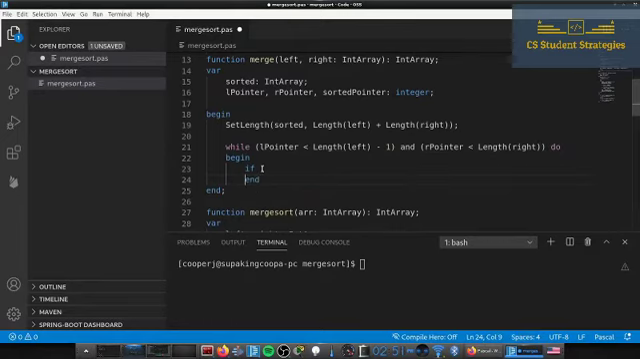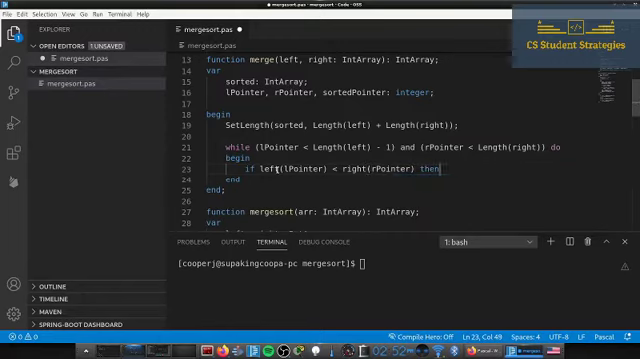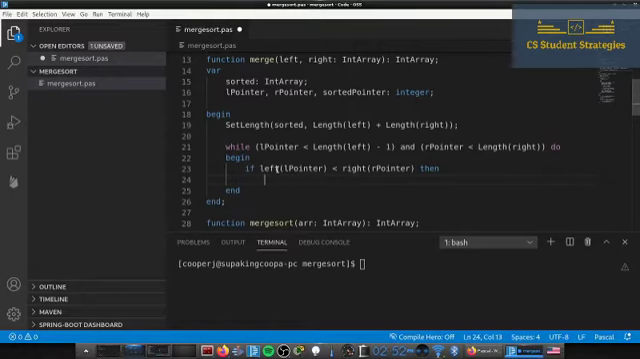And so now we have that. Once we get in here, we're going to need to say if the left, with the left pointer, is less than right, with the right pointer, then we want to